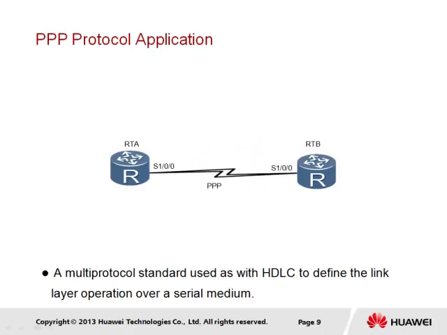Another link layer protocol supported for serial networks is the point-to-point protocol, or PPP, that is again capable of supporting both synchronous and asynchronous links. The PPP protocol is able to support multiple network layer protocols, as well as having supporting features for authentication, as well as self-configuration of addressing through the IPCP, or Internet Protocol Control Protocol. And we shall take a look at these features in more detail as we move on.